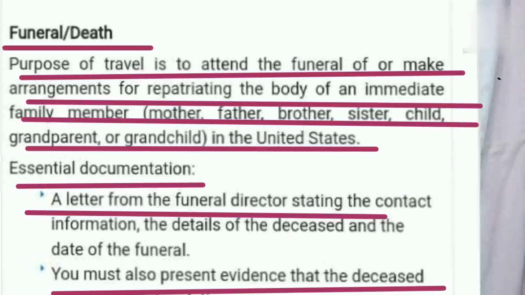So these are qualifications that you need to obtain, guys, so that you will be approved for the expedite request interview appointment. The first one is medical needs. Second is funeral or death. The purpose of travel is to attend the funeral or make arrangements for repatriating the body of an immediate family member,